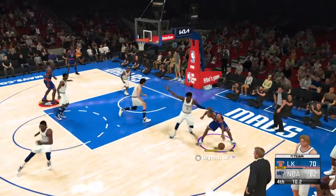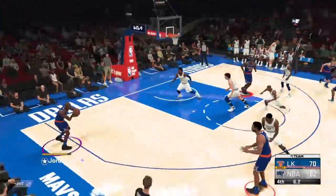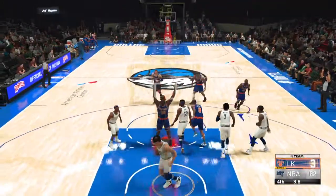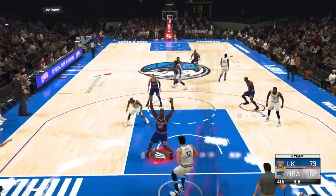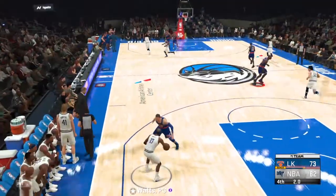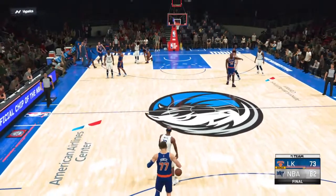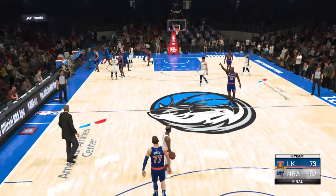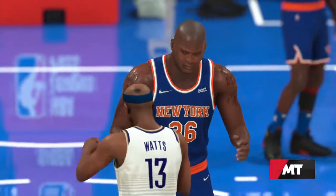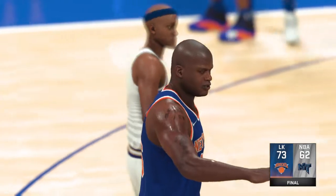Interesting game, though, in terms of some of the matchups. Pass to Ori. Michael Jordan on the wing. Drains it from beyond the arc. Taking no chances. They go on one last run to seal the deal. Not messing around at all. They were focused, relentless, and they got the job done. So no problem for New York as they get the win. A solid win on the road for them. This building was dead silent by the time this one wound down. And that's